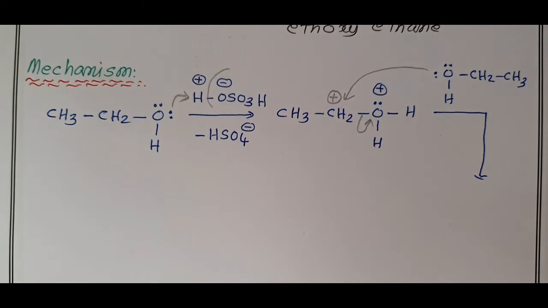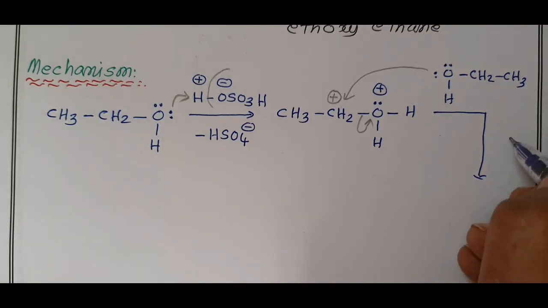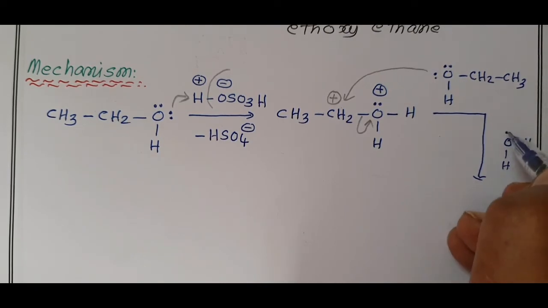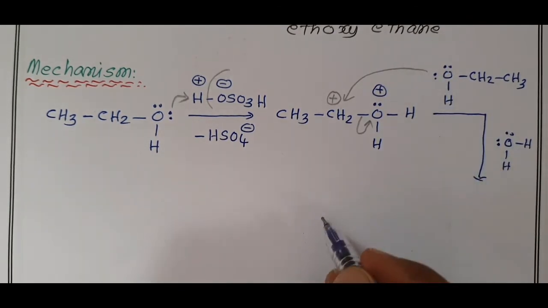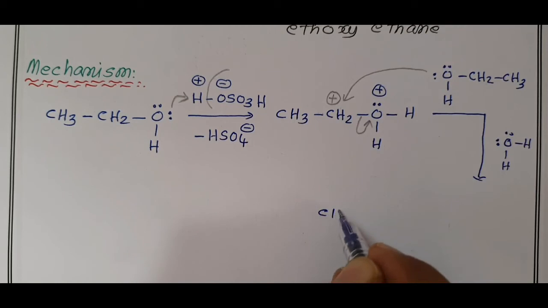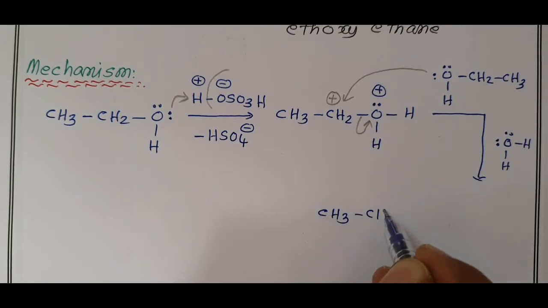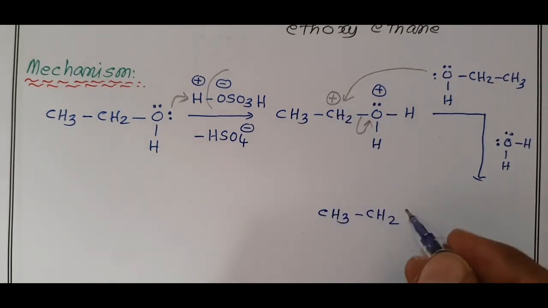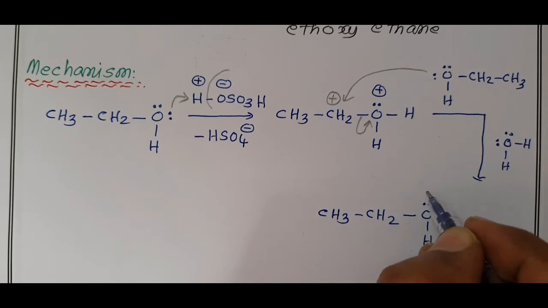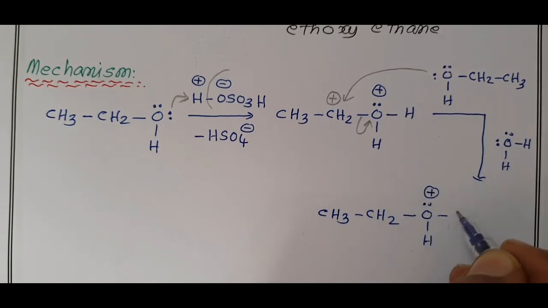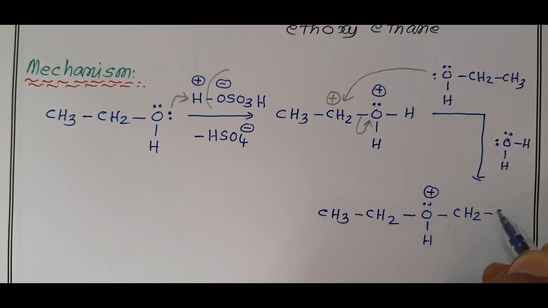Like the first reaction, oxygen donates a pair of electrons to the positively charged carbon. In this step, a water molecule is removed. Oxygen, hydrogen, hydrogen. Already it has one pair of electrons, it removes another pair of electrons from the nearby bond. Now this minus is added to carbon plus, giving CH3CH2. A new bond is formed between carbon and oxygen, with one hydrogen, one pair of electrons, and one positive charge on the other ethyl, CH2CH3.